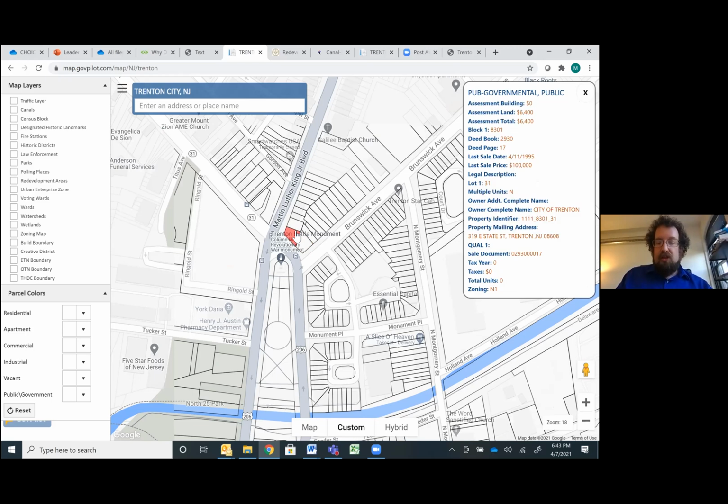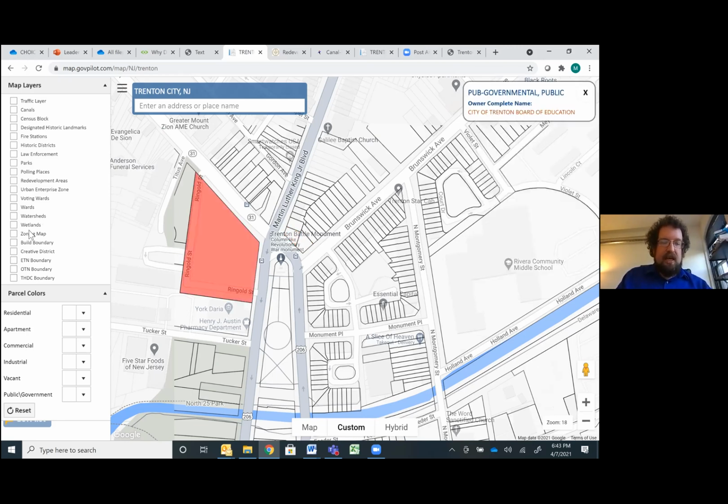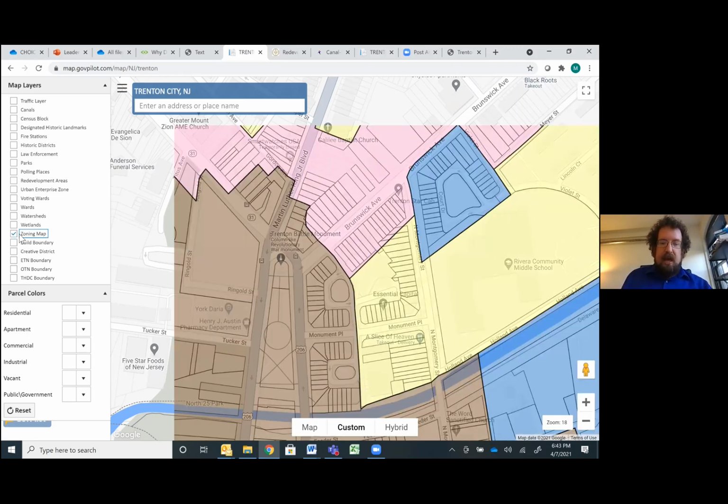What I'm really looking for more than anything else is 2 things. The first thing I'm going to do is go to the left-hand side and click on my zoning map to see what the zoning is. And you can see when I scroll over this area, this brown area, this is mixed use zoning. That's what's called mixed use in our zoning ordinance. That's the first thing I'm going to check on.